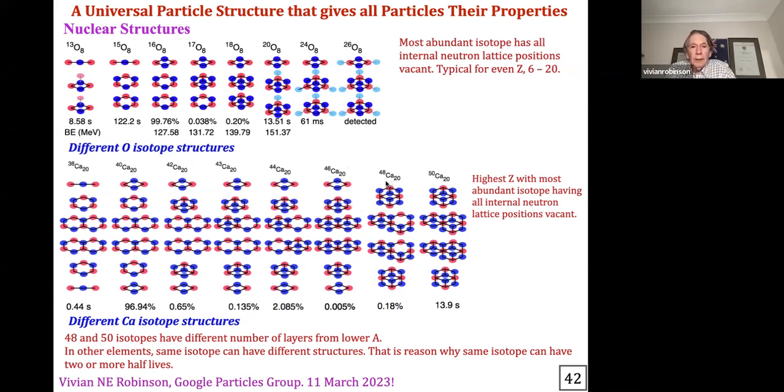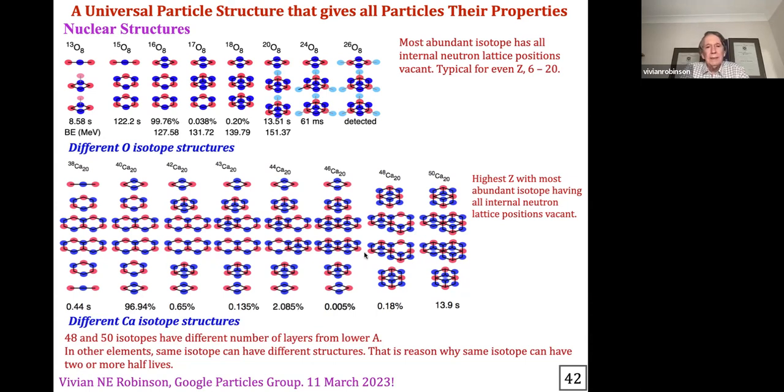So the only way that this can be stable is that you have to have a rearrangement of the number of layers in the nucleus. And in this case, calcium 40 has 4 layers, not the 6 layers of the previous ones. Now, the reason I mention this is that